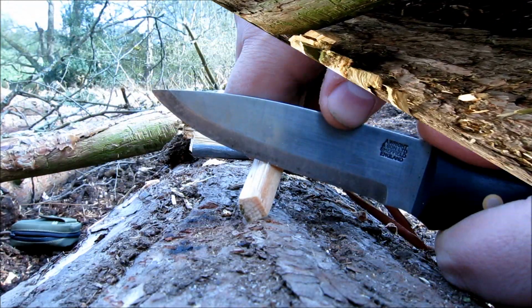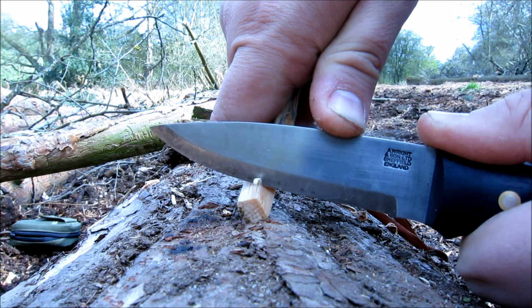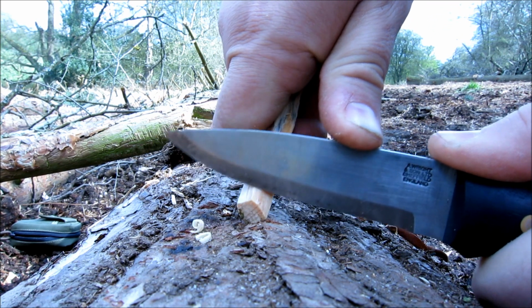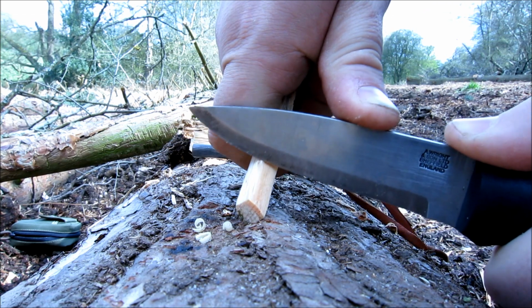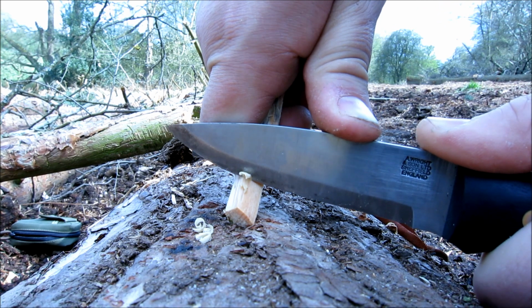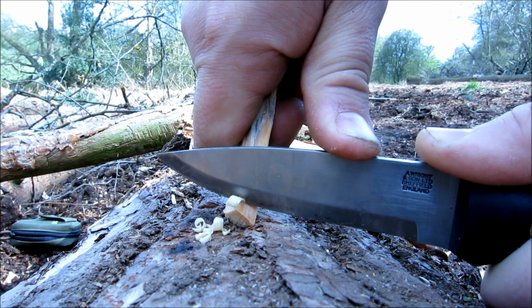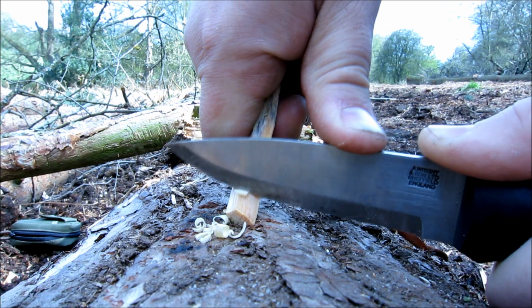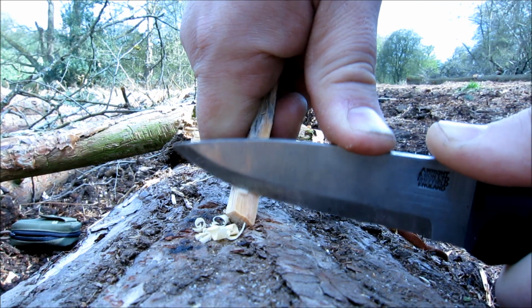Right, so with the really softer stuff, I could scrape off the back with the back end of my knife, but this stuff is harder, but it's still full of resin. Hopefully where I'm doing this, with the camera, is the only option I've got, but I'm just hoping that a big gust of wind does not come along and blow these shavings off. So as you can see,